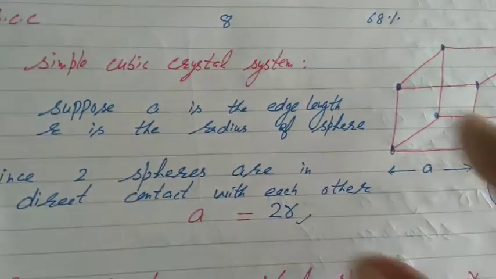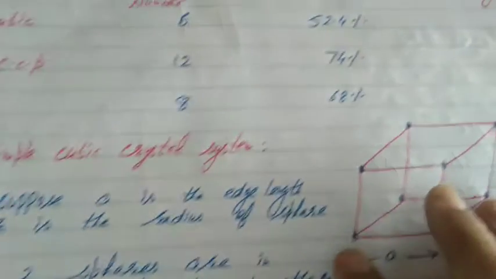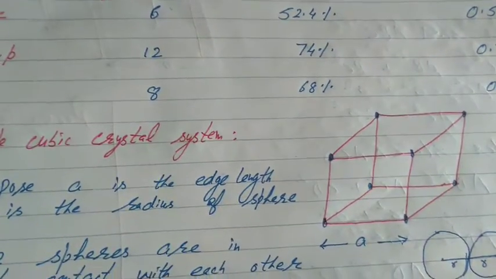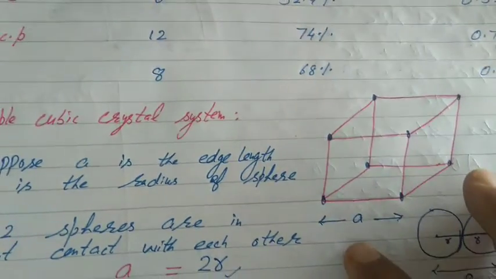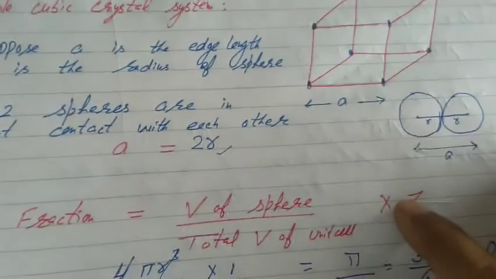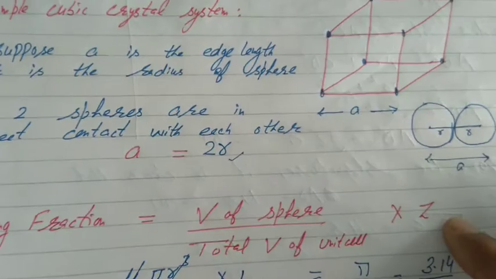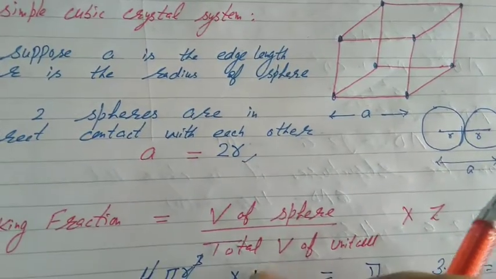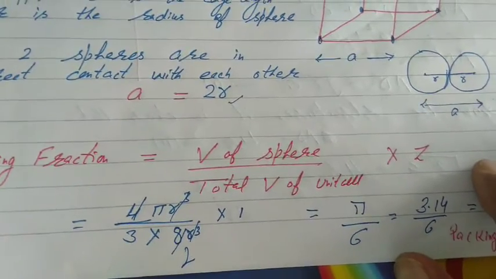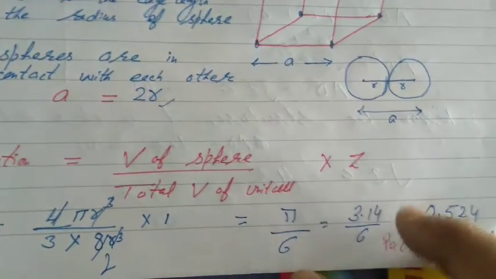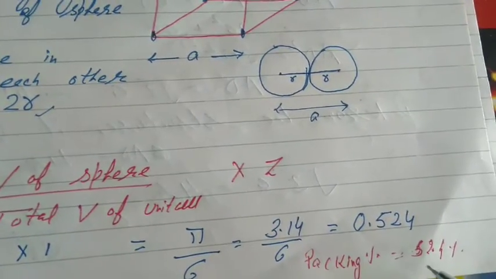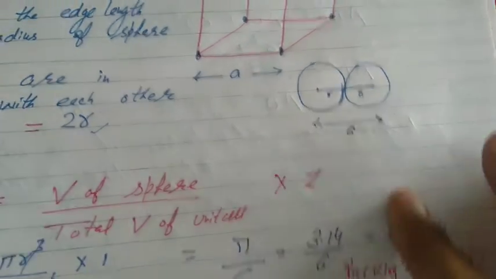We already know the packing percentage for simple cubic system is 52.4%; we only have to derive it. In simple cubic system, a is edge length and r is radius of sphere. It is clear a is equal to 2r. In simple cubic system, a is directly mentioned. Then apply volume of sphere upon total volume into Z. We got pi by 6, 0.524 packing fraction, and packing percentage is equal to 52.4%. After this, students, second is